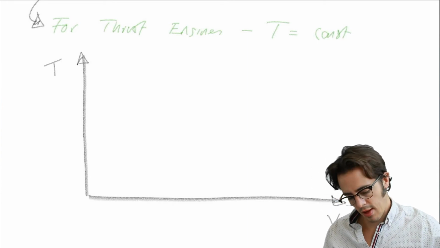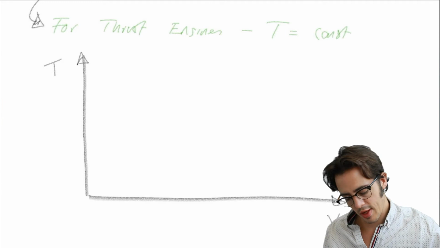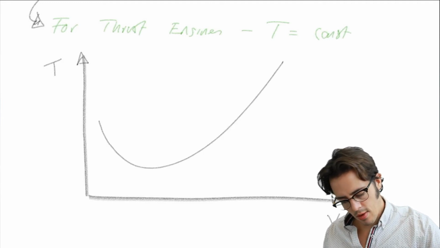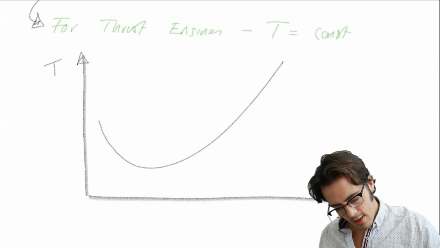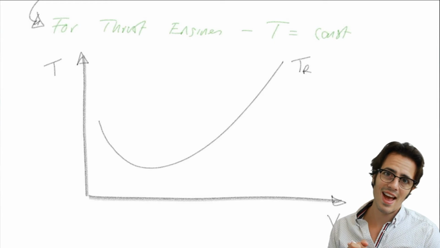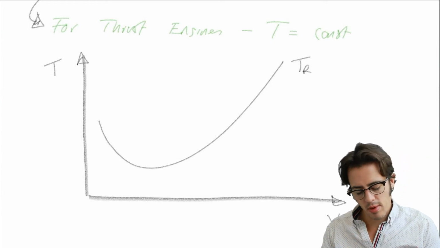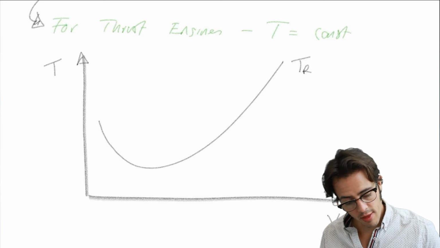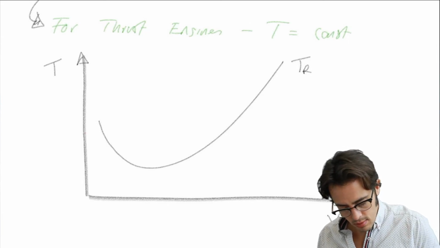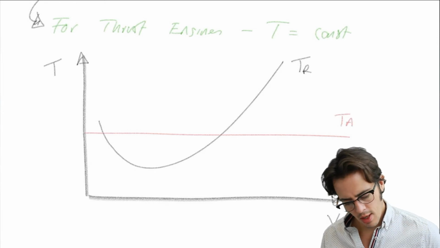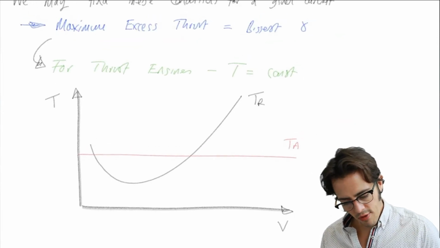Again, it doesn't matter which sort of velocity we plot this against for the moment, because we're looking for a given altitude maybe. So this one up here, this is our thrust required. Remember, this just comes from the drag curve. It's going to be A multiplied by V squared plus B multiplied by V to the minus 2. So for a thrust engine, we've got constant thrust available. So the quantity that we're looking for, excess thrust,